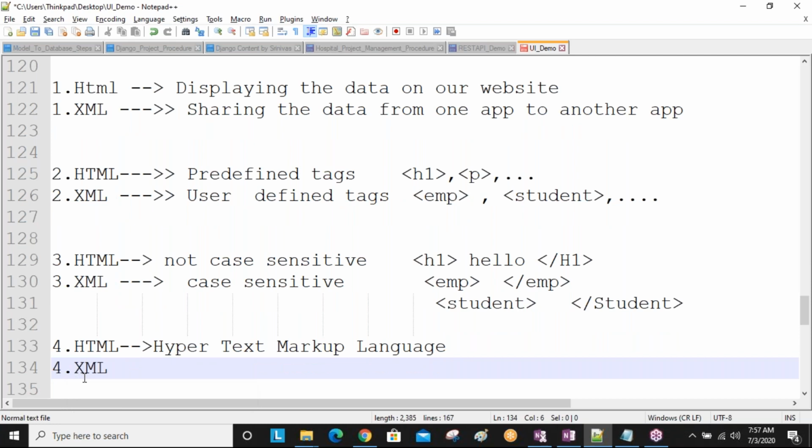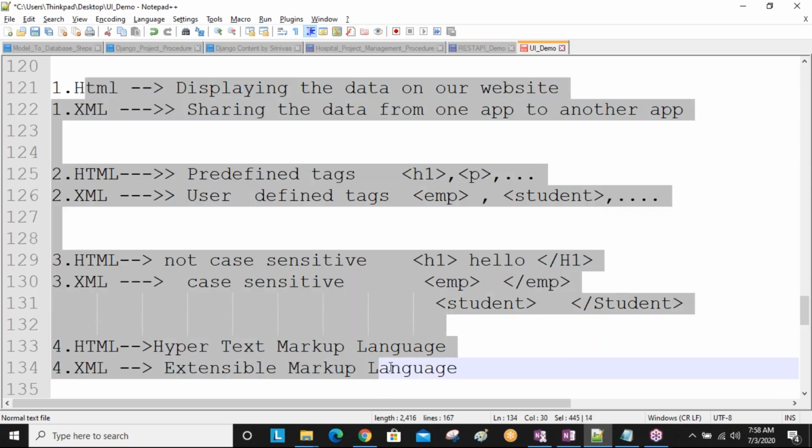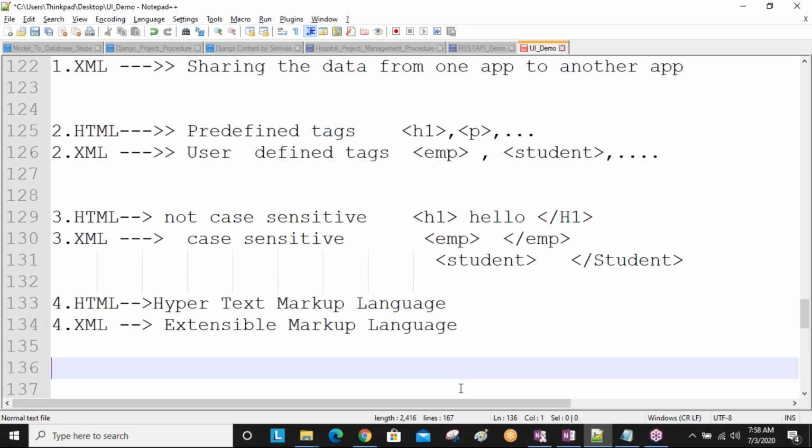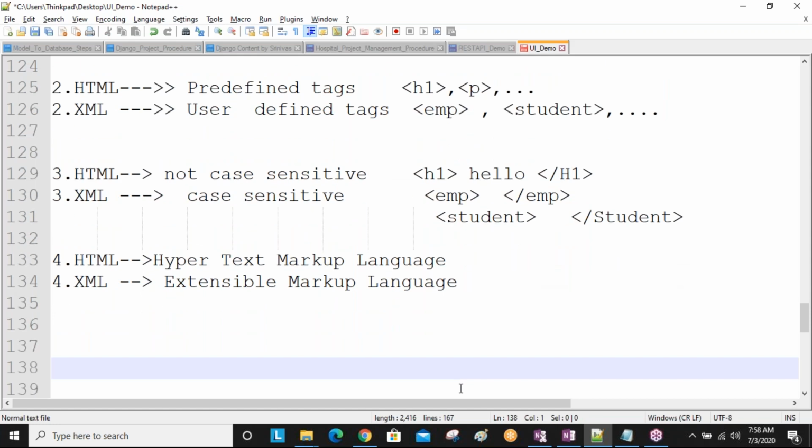And XML stands for, come on, extensible markup language. So there are differences. Remember, sir, people also ask this in interviews. Next, why are HTML and XML called markup languages? Understand this one?